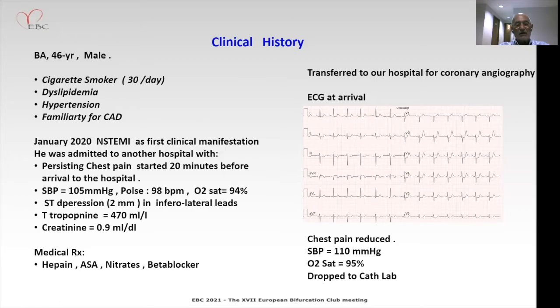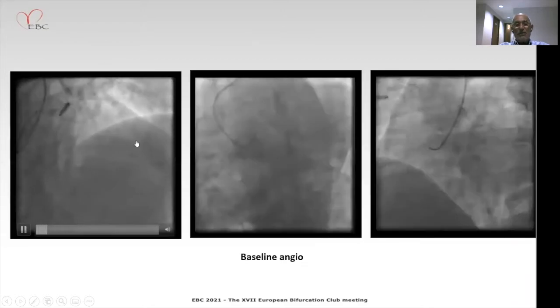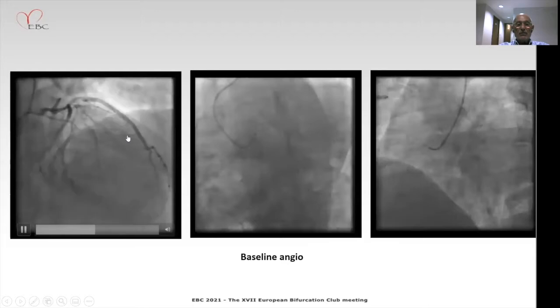Medical therapy was started with heparin, aspirin, nitrates, and beta blocker. Then he was transferred to our hospital for coronary angiography. He arrived with stable condition, chest pain was reduced, and he was taken to the cath lab. Angiography showed